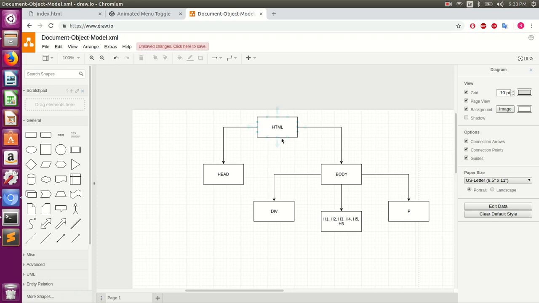So here we would have an HTML element, and then inside that HTML element, as you can see, these lines that come out are children of that parent. Inside of here we have the head tag and the body tag. And yet again, recursively so to speak, we have within this body element even more other elements. Here we have the div element, we have the h1, h2, h3, we have the p tag,